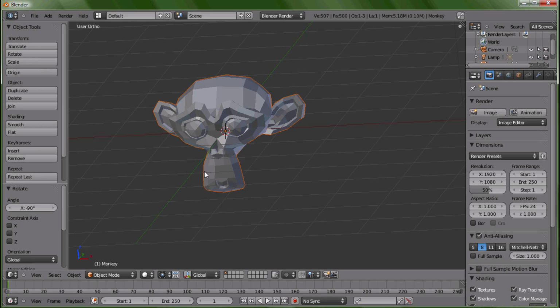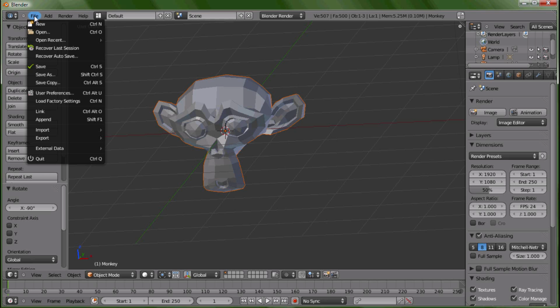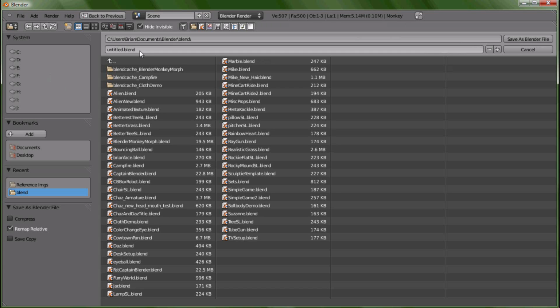You save it pretty much how you save any other program. You come up to File, Save As, and we can click here and type in tutorial, hit enter again,